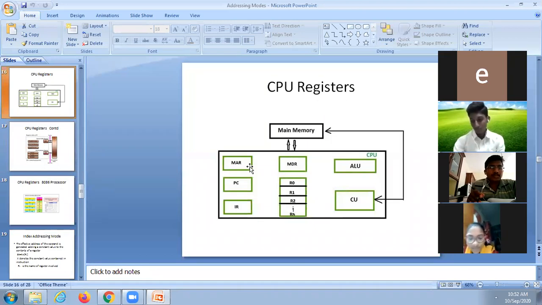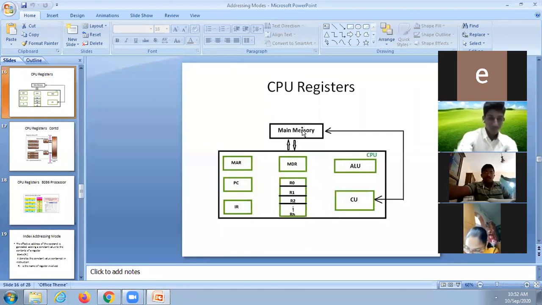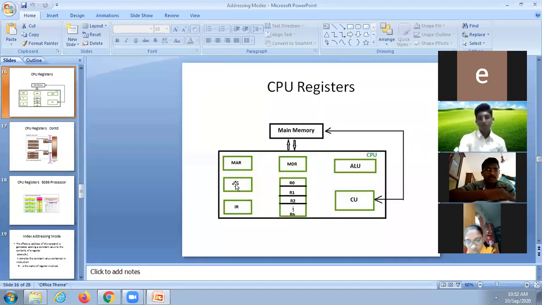Okay. Here I will repeat only within 1 minute. The important concept: all the instructions and all the programs are stored in the main memory only. If you want to access an instruction from main memory, that address is to be available in the program counter. Program counter is a CPU register. The program counter contains the address of the next instruction to be executed.